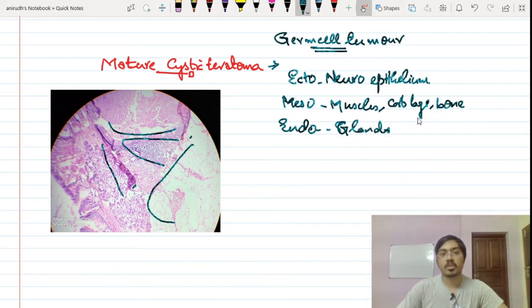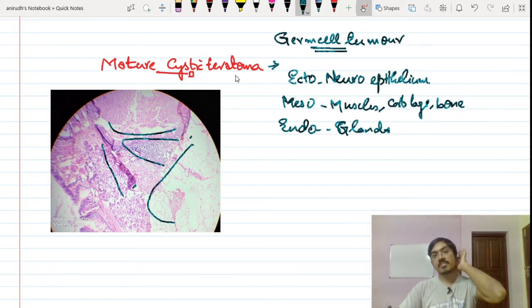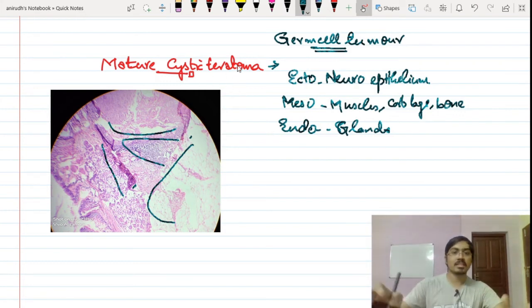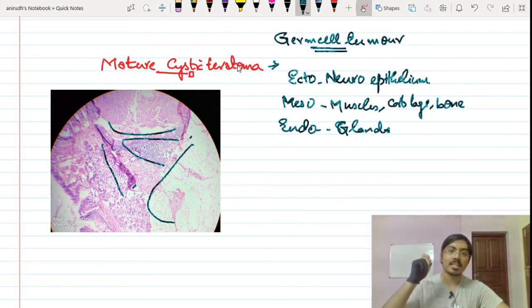So glands can be present over there, it can even secrete multiple substances, right? So these are certain characteristic features of mature cystic teratoma. You have multiple other things over there. Now if I start classifying teratoma, I will get three components, these three